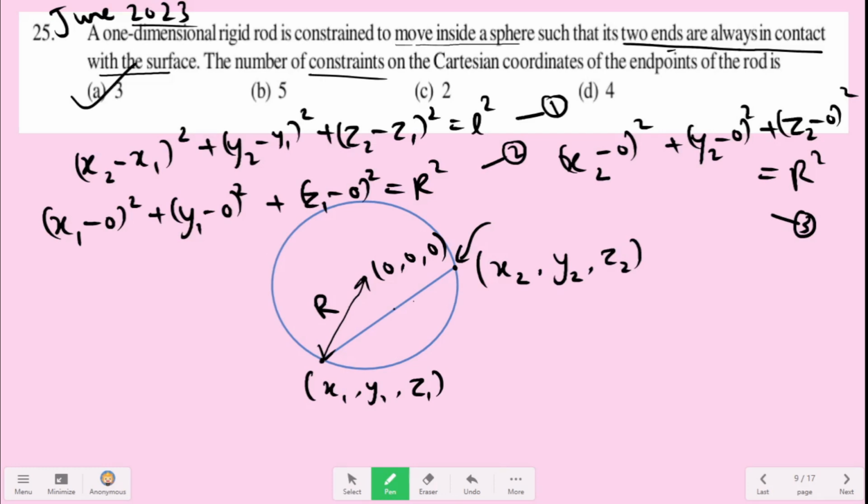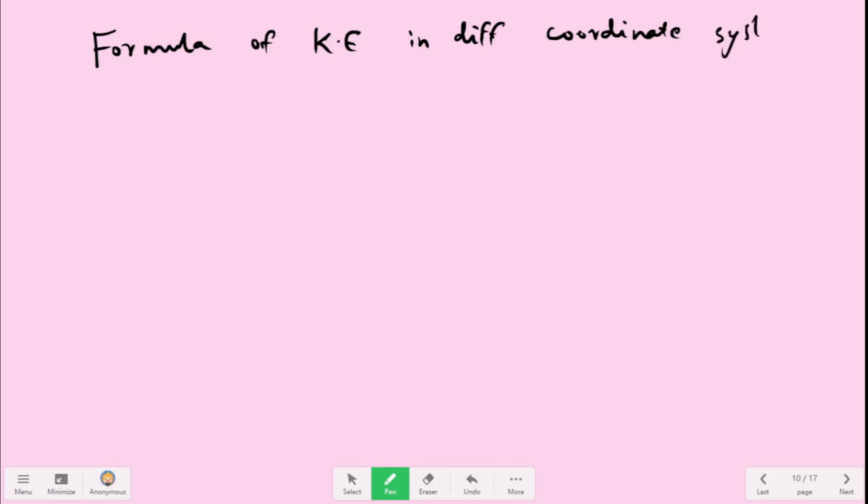Now before concluding this lecture, let's familiarize ourselves with the formula of kinetic energy in different coordinate systems. This can be helpful in certain situations. First of all, in Cartesian,